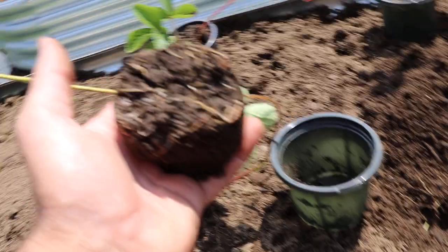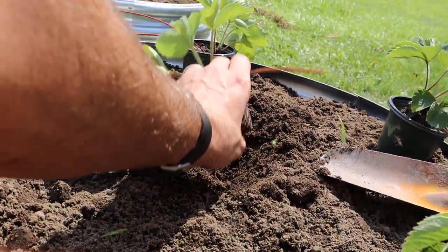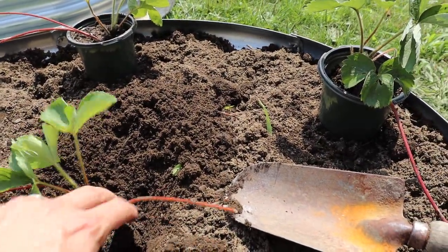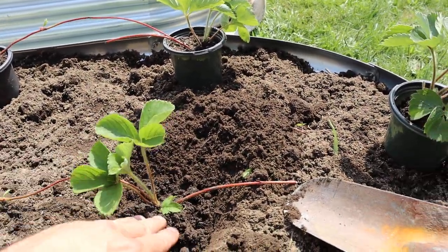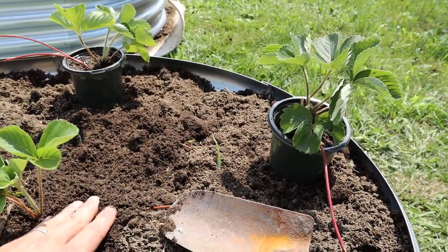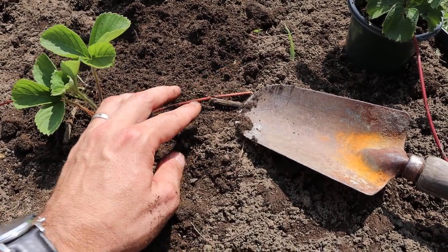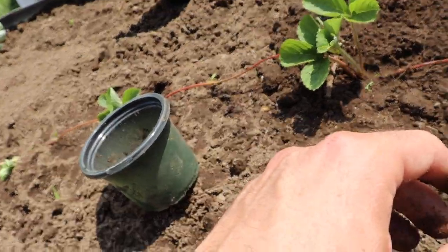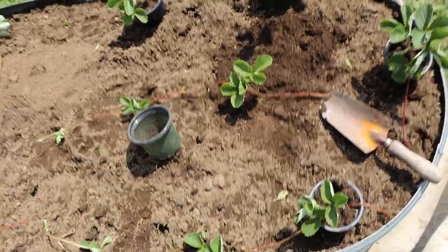So this has another one that's got pretty good roots on the bottom, and then I'm just going to take it, move that out of the way, put it in, and orient it so the runner's close because it was starting to pull, and then put the dirt back over. I'll water this all after I'm done. This little part right here will eventually die off, and I'll snip it closer when it gets to that point, and that's it. That's all you have to do, and then you'll have a whole new